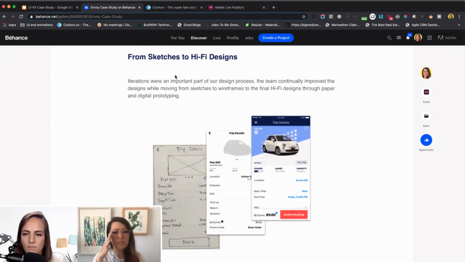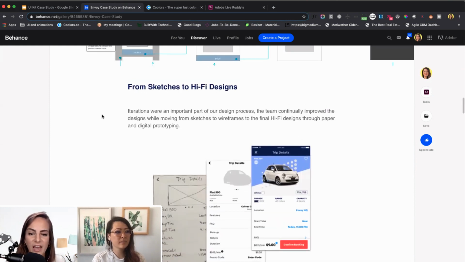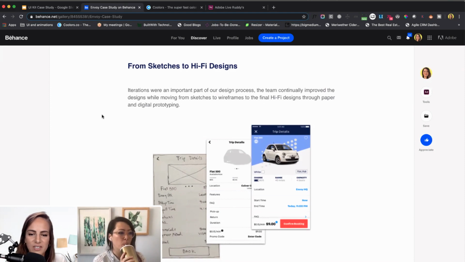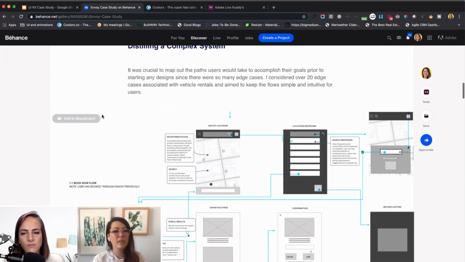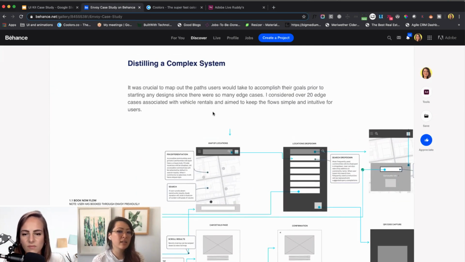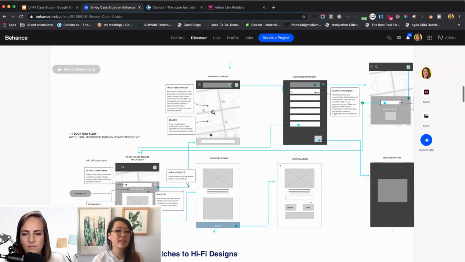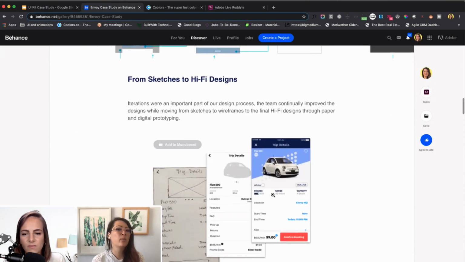Right. It's a fine line also between having so much information, so much text that people don't necessarily have the time or want to read, but choosing, like you're saying, the juicy parts, really the important parts that you want to stand out without having too much text so they get bored or overwhelmed. Exactly. Like, how do I tell that story in 2 or 3 sentences? Because everything, as you can see in my case study, I only have a couple sentences, and I like it that way. I like the visuals to tell more of the story.